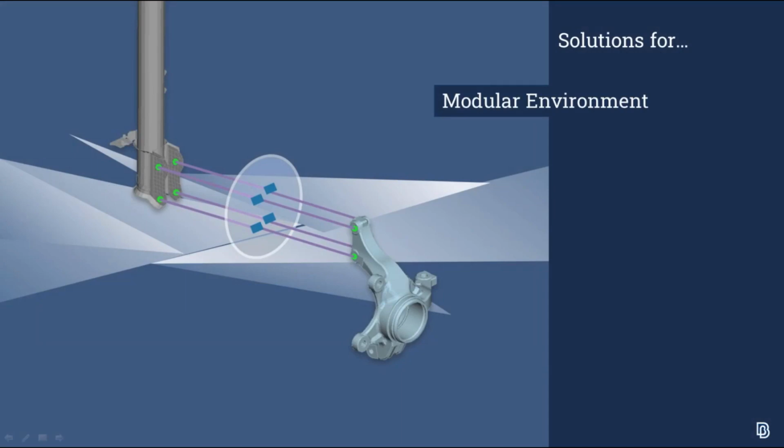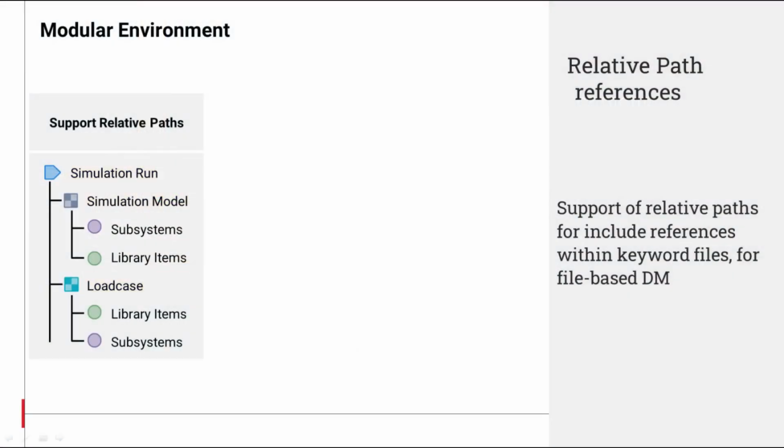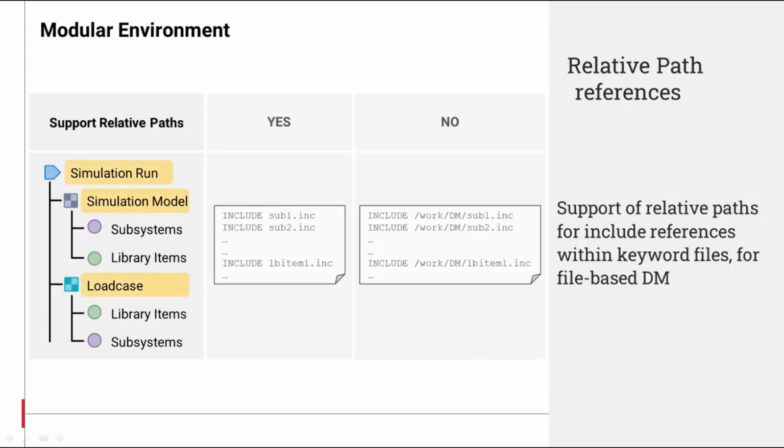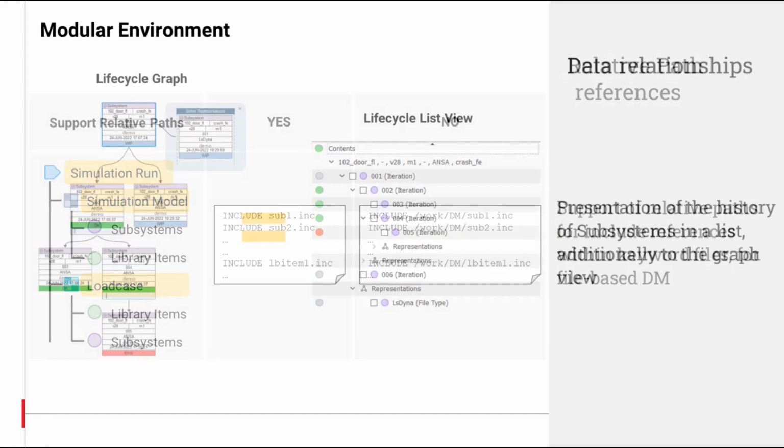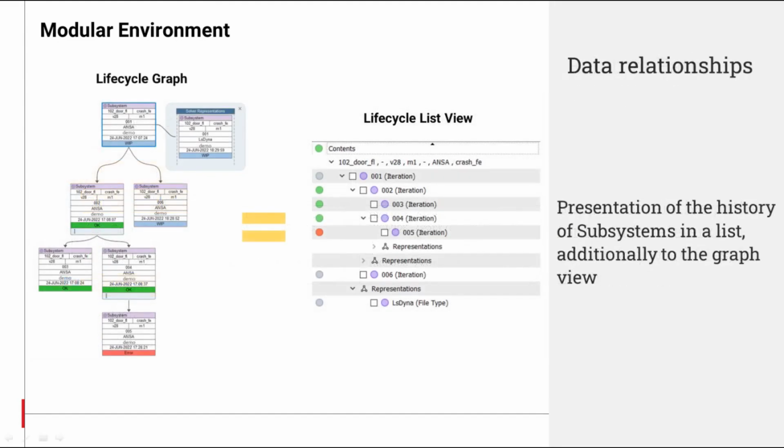Regarding the modular run management, ANSA version 23 offers support for relative path references within include files, also for file-based DMs. The functionality is controlled through a setting in the data model configuration file and is only applicable to the new DMs. A new view type has been added for subsystems in the DM browser that presents the lifecycle of subsystems